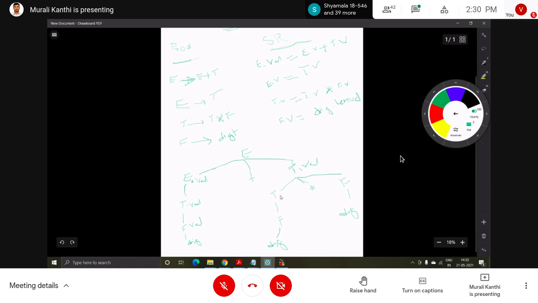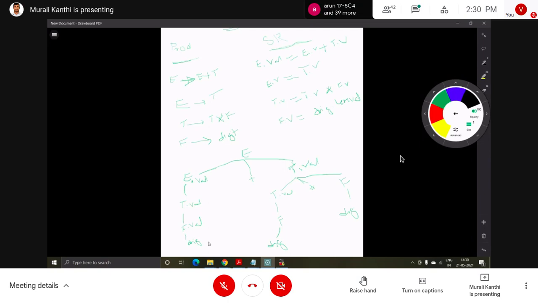So T dot value will be like that. Now we have to draw the dependency graph for this, and with the dependency graph we get the evaluation order.